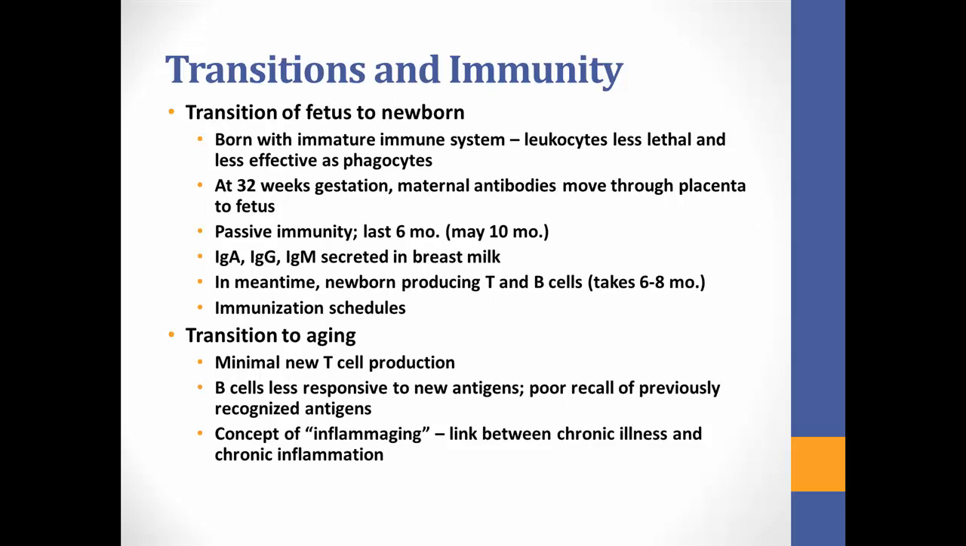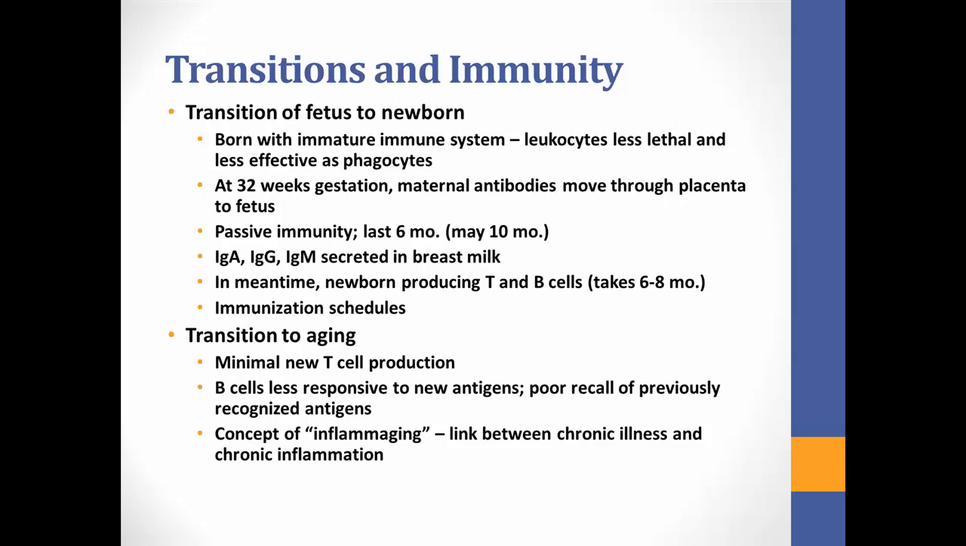So let's first think about our transition from the fetal to newborn life. When we are born, we have an immature immune system. Our leukocytes are not only less lethal, they are less effective as phagocytes. So our leukocytes don't have that killer instinct yet. They are frequently slower because they haven't had a chance to develop, and they aren't as hungry, so they